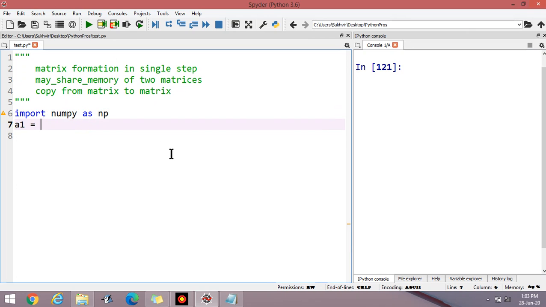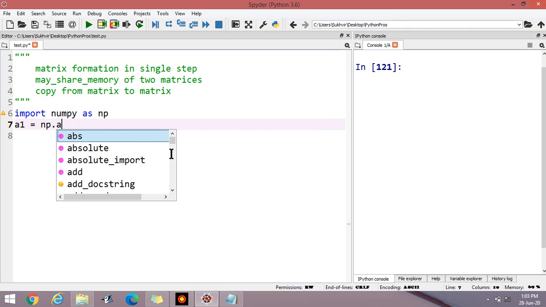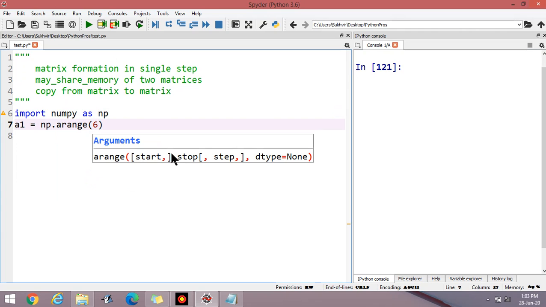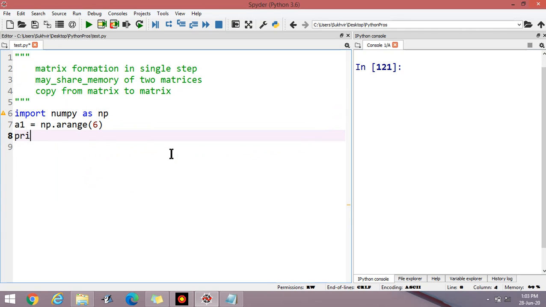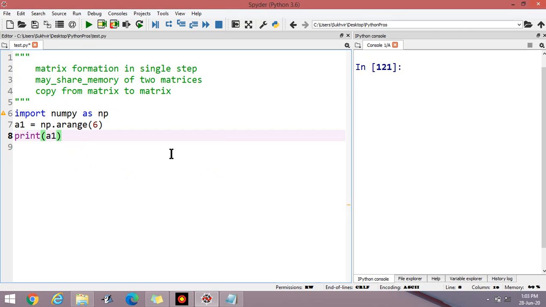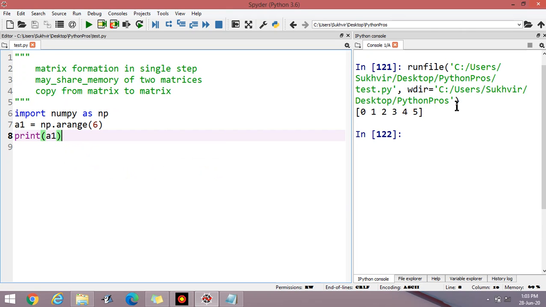A1 is the matrix. So I write np.arange(6), then print A1. Execute the program. The values are 0 to 5.